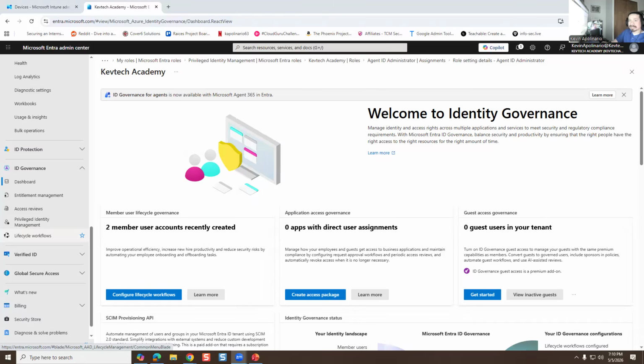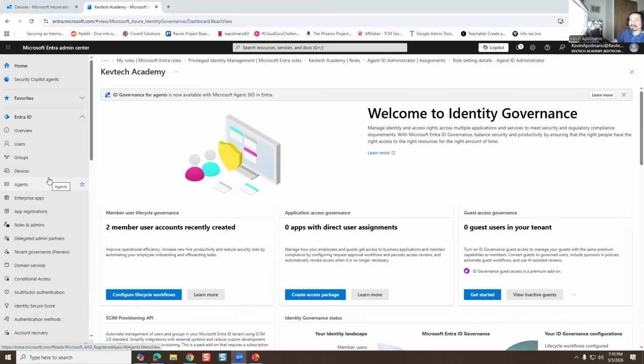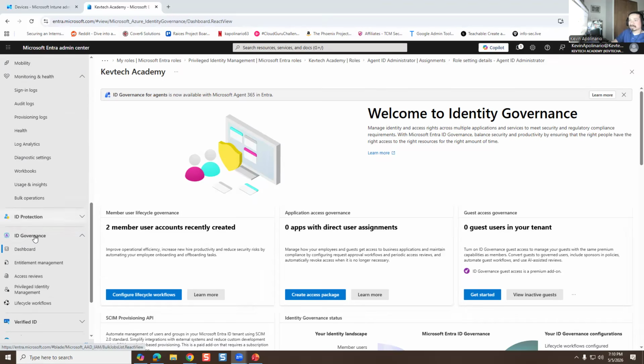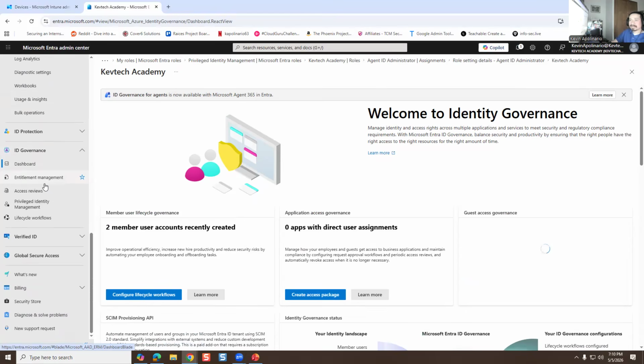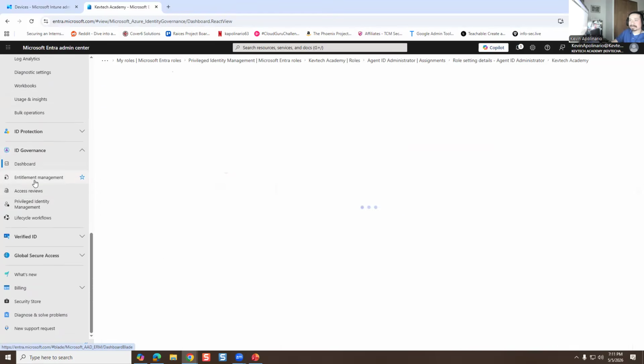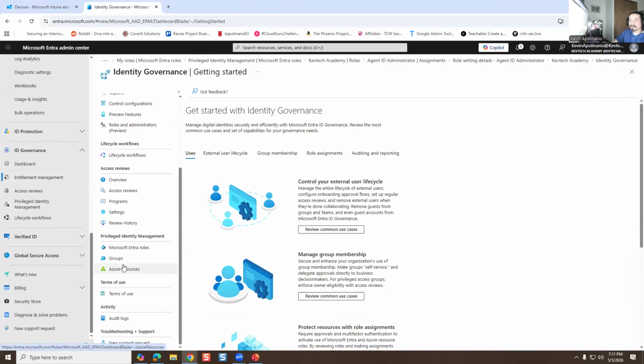So you ever wonder how does someone have access to do something for a certain amount of time? So here in Entra ID, we have the Entra ID Admin Center. There's several ways of doing it, but the way that I did it in my previous job when I worked at an MSP company is by going into Identity Governance, which is right here, and you have the dashboard. You would go into Entitlement Management, and then there's all this other stuff right here. Don't worry about any of this other stuff. So what you do care about is Microsoft Entra roles,